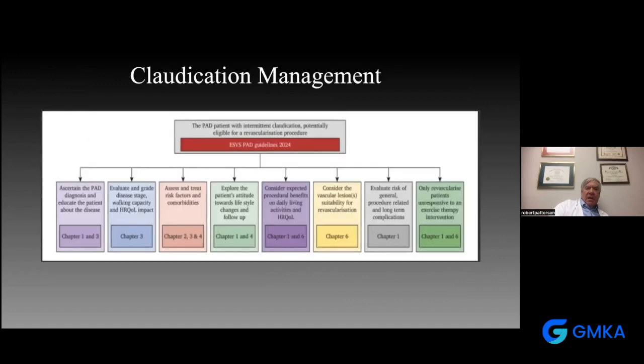So this is a bit of a busy slide from the European Society of Vascular Surgery for asymptomatic and claudication management, looking at a population that are not at threat. Really, the most important part of this comes all the way down to the very last. There's 7 different pieces to this puzzle,